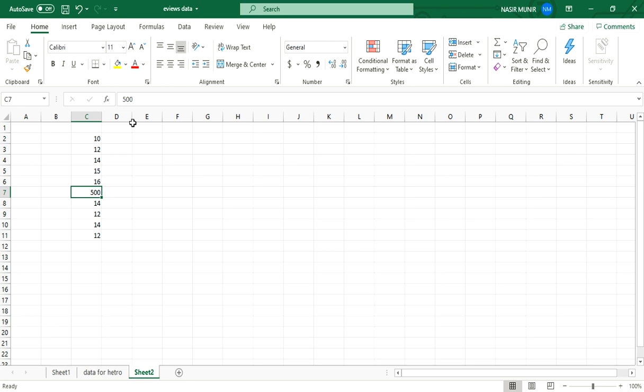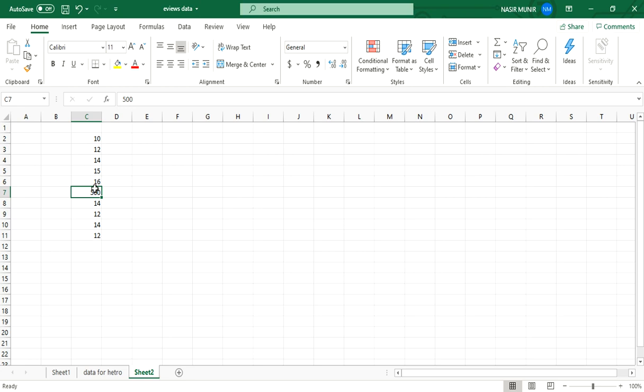Okay, if your data is going very smoothly and suddenly there exists a number which is very much larger or very much smaller than the other numerical values in your data, then this number is called an outlier in your data. You can take the mean of your values with this 500, and if you take the mean of your numerical values without this number 500, then you can see there exists a huge difference between the mean with 500 and without 500.